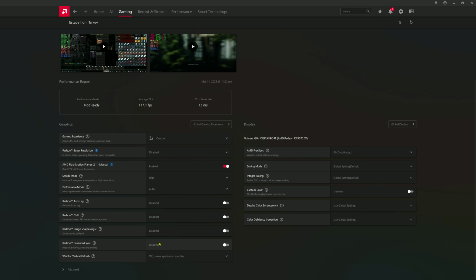That means you can get smoother gameplay with lower latency compared to standard VSync. However, again, results depend on your game and your system. If you experience stuttering with the setting, you might want to disable it. Wait for vertical refresh. This is just traditional VSync, which synchronizes the frame rate to your monitor's refresh rate to eliminate screen tearing. Unlike Enhanced Sync, this does cap FPS to your monitor's limit, which can introduce input lag in